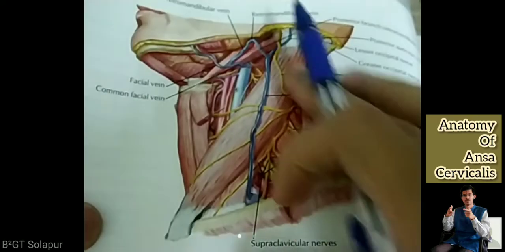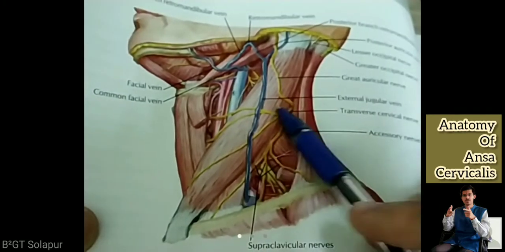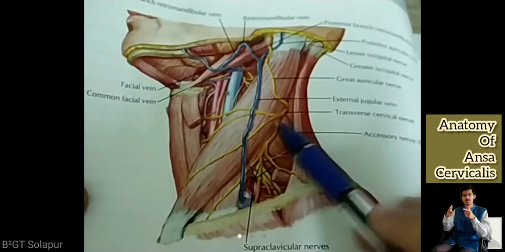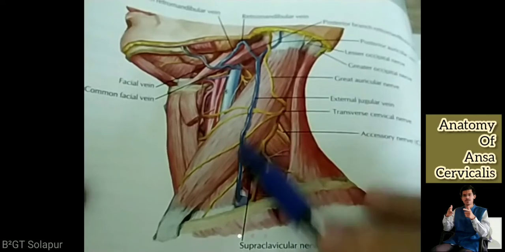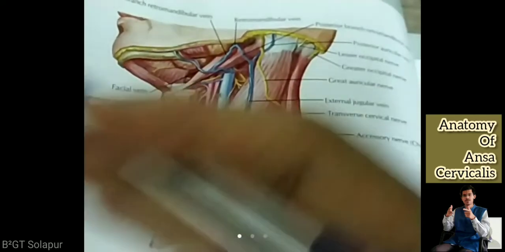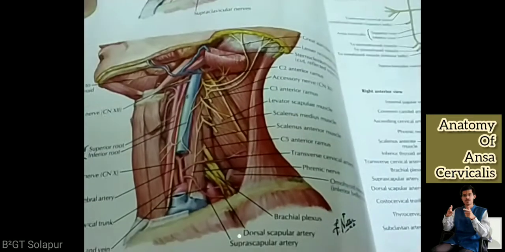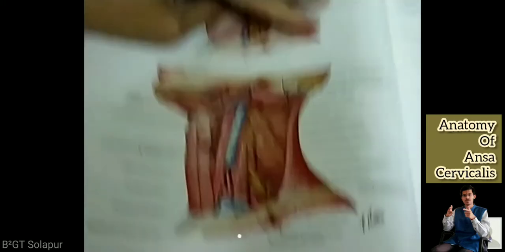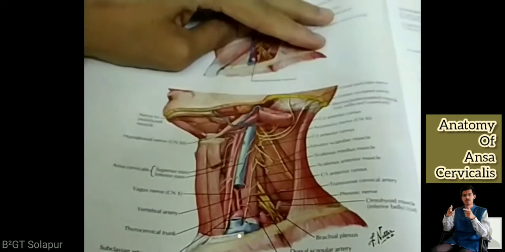Now if you remove the sternocleidomastoid to see the structures below, all the superficial structures, that is the supraclavicular nerve, this transverse cervical nerve, this external jugular vein, can you see this external jugular vein, accessory nerve, all this will go aside. And once you remove the sternocleidomastoid, the diagram will be like this. Are you able to see this? I will just zoom it out for you. Are you able to see this properly? Yes. Now I will explain it to you. See how the diagram is. Just a second. I'll set the camera.